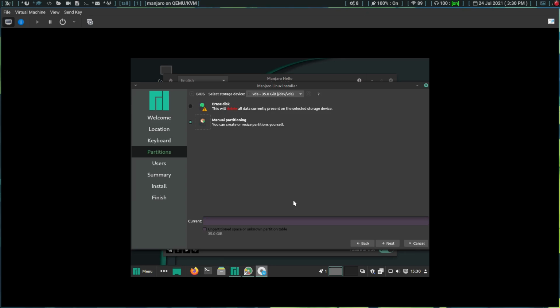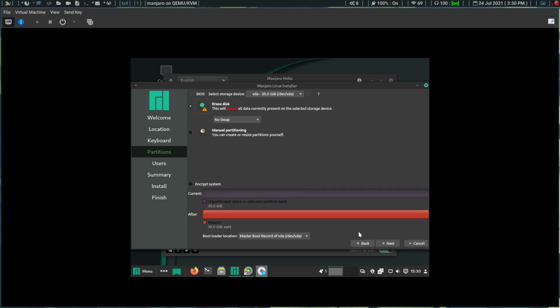I've been using Arch for a while now, so using fdisk has been my way of doing things, and it's a little different than this. But make sure, whichever, don't do the erase disk, but click on manual partitioning, and there should be an option to select just the free space on the disk. So however you get to that free space, if you're doing a dual boot, make sure you get to that free space. Once you've done that, we're going to erase the whole disk anyway, but once you do that,